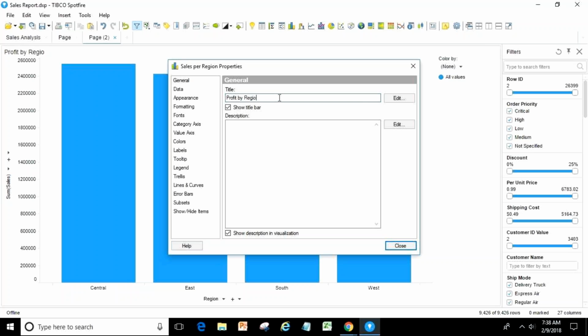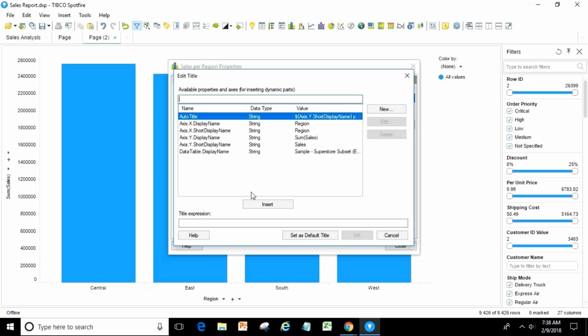Okay, so I'll remove this, say edit, and you have a property called auto title. Just use this. It is always recommended to use auto title. Auto title also helps, as I told you earlier in cross tables and everywhere, that you should not show the aggregations.